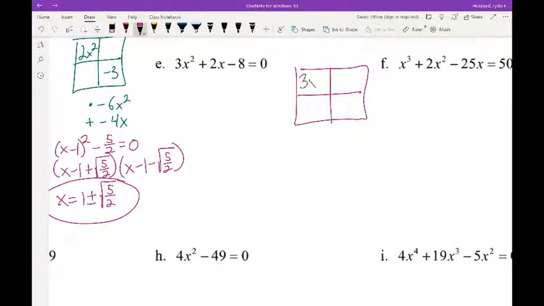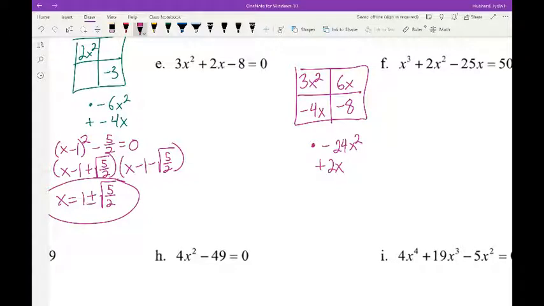So we have 3x squared and negative 8 in the bottom right. We'll multiply those two together. So 3x squared times negative 8, we want something to multiply to a negative 24x squared, but add to a positive 2x. And this one actually does work out quite nicely. It's going to be a positive 6x and a negative 4x, because those will multiply to a negative 24x squared,